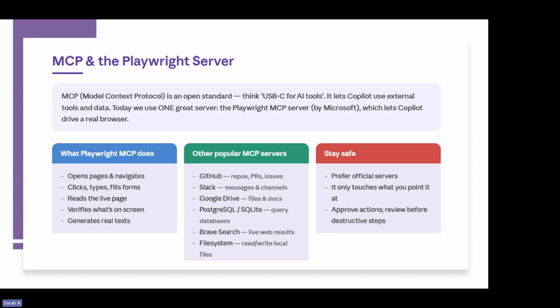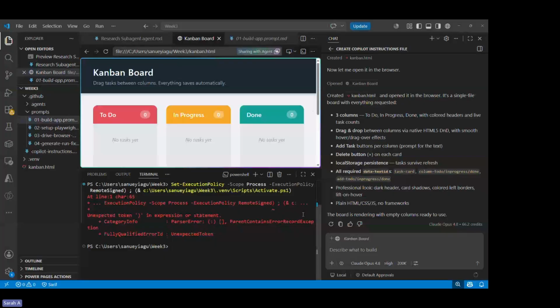So now let us see what an MCP server looks like, and how we can build an MCP server based on that Campbell application we've built. So going back to Copilot, this one. The MCP server uses Chrome, so we have to open my Chrome browser. But before that, let me